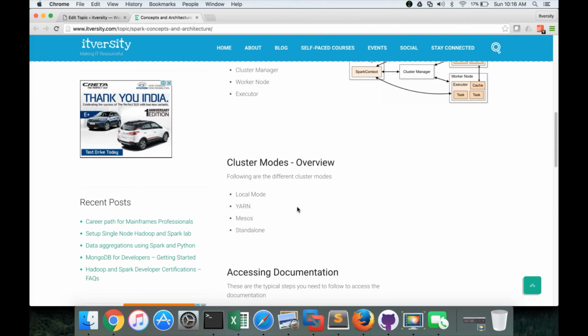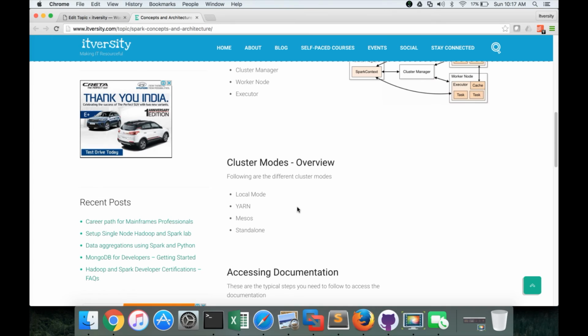For the developer, the impact is very minimal depending upon the mode you want to run. You just have to say --master, and then you have to give the URL of your cluster mode master. So if it is Yarn, you have to give the Yarn based URL. If it is Mesos, you have to give the Mesos based URL.